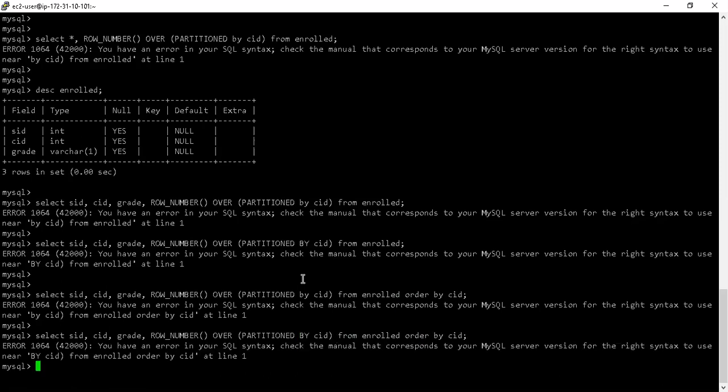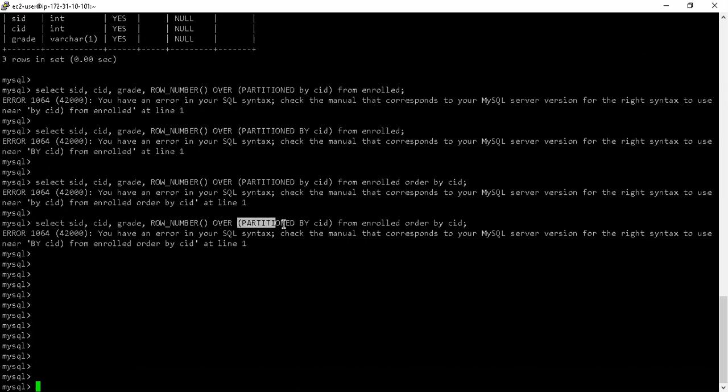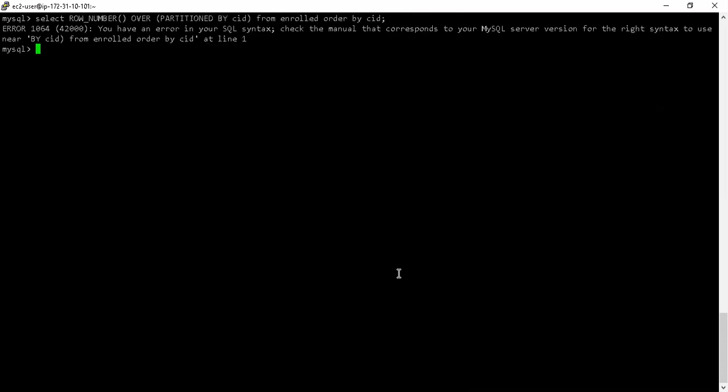Let me just remove this. So PARTITION BY is now in caps. Everything that I need to mention in caps is in caps, as per the MySQL documentation, which I've already checked. And then I'm doing select of some column, and then selecting ROW_NUMBER OVER PARTITION BY SID. But still, it is not giving me the output. What if I just clear the screen and remove some of the columns from here? Let's say I would just like to remove everything. If I run this, is that going to run?